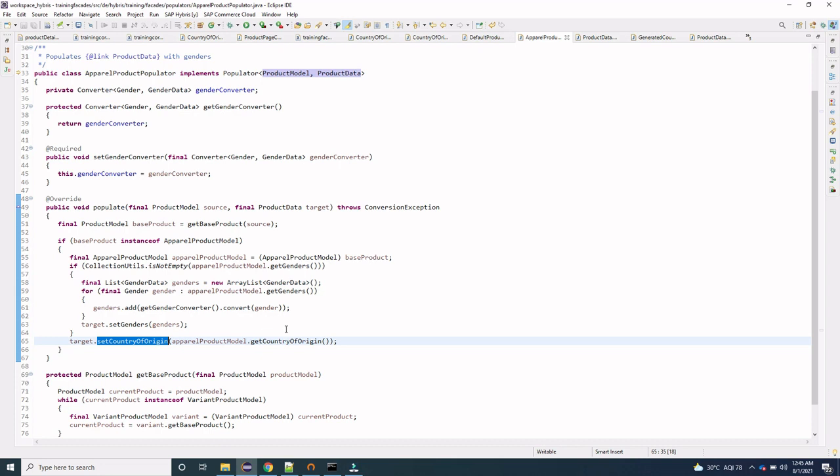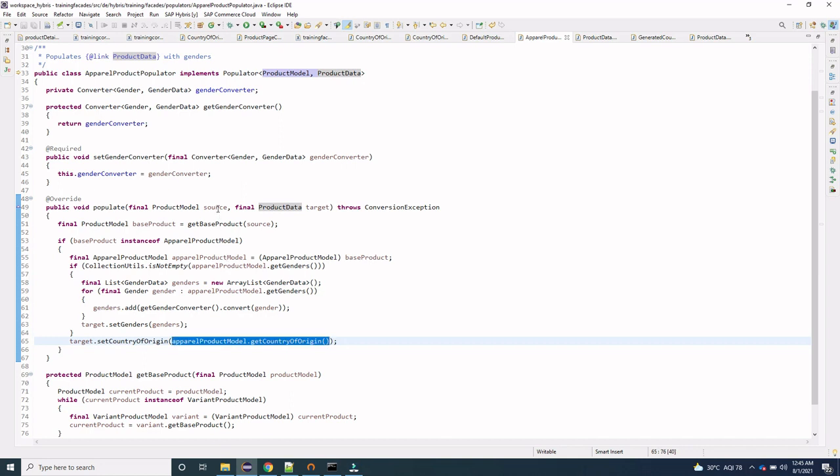We have to fill the value of this data from the model. So if you see here, we are passing the model and we are passing the data. The populator we are using to fill the value in the data from the model. So here we are setting this country of origin, and we are fetching the value from this model.